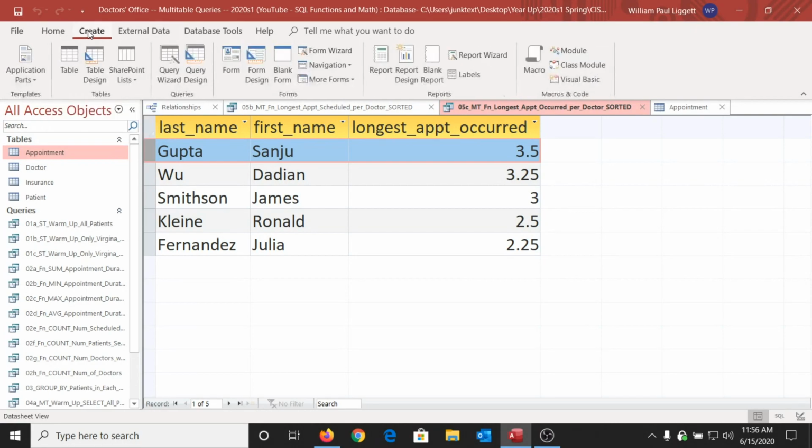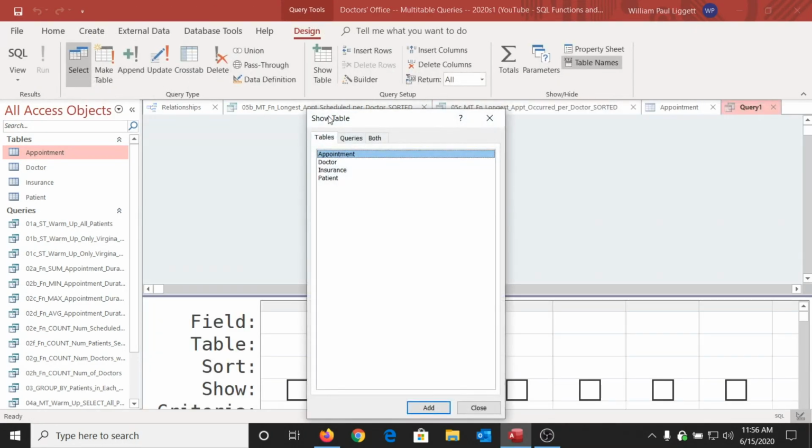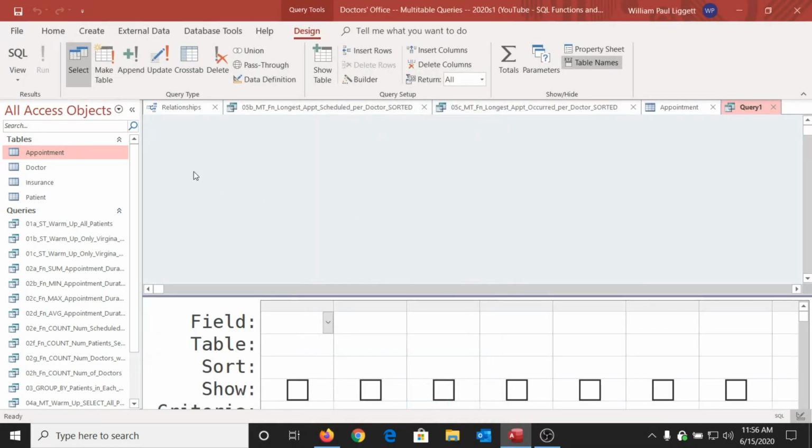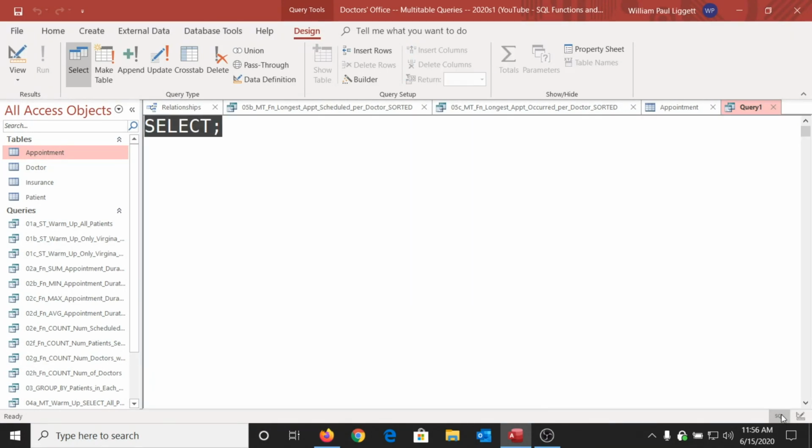And let's see, I'm going to go create, query design, about that. I'll click over here, SQL. And all right, here we go. I'm going to start typing a bunch of things here. Select, so I'll get rid of that for the time being. Select